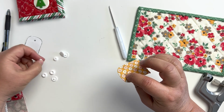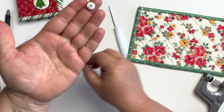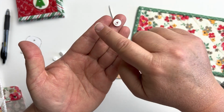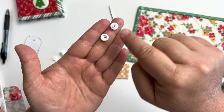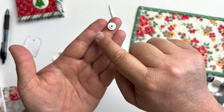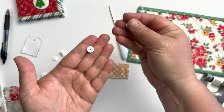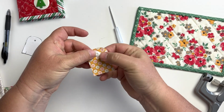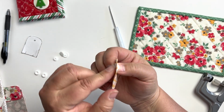And then you will take the male end. So I'm going to show you there's two different ends to this. One has a part that protrudes and the other has a part that receives. So the male end protrudes, the female end receives. So we're going to take the male end and we're going to slide it over the top of that post